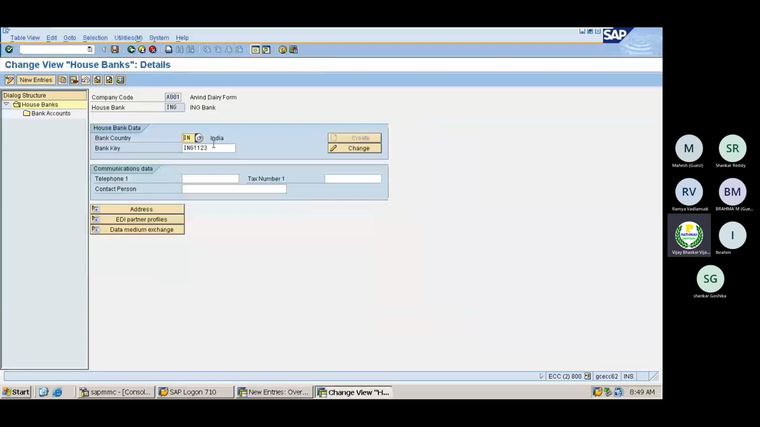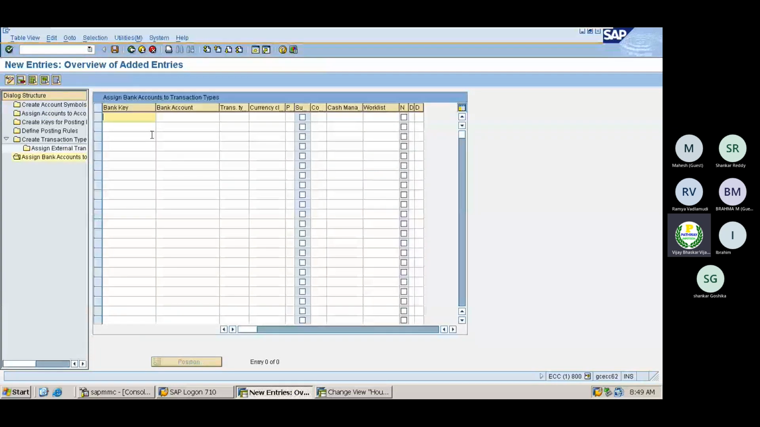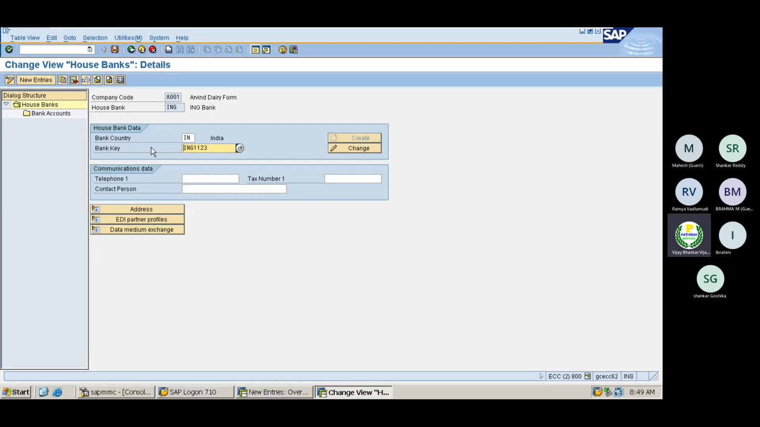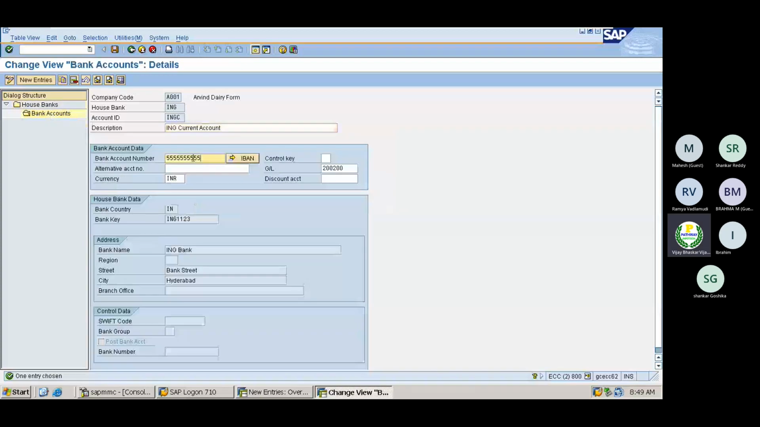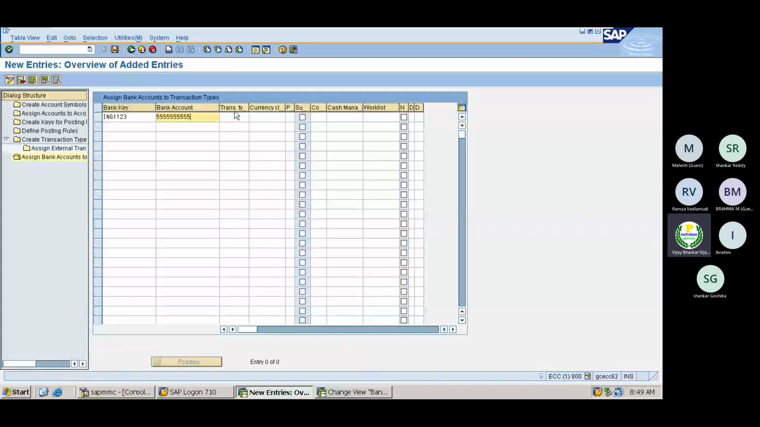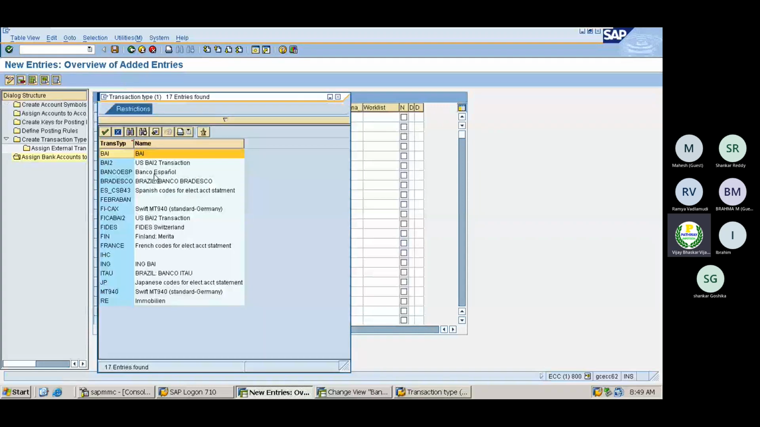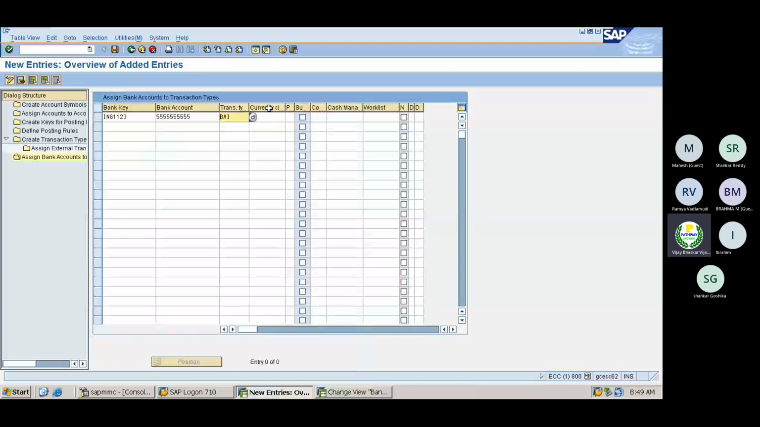then ING bank, right, we are using. Then select this bank key, enter the bank key here, and the bank account number which the bank has provided. Then the transaction type: the format which we are following is a BI format. Select this transaction, then the currency, it's optional. Then this is a planning type also, which is relevant for cash and liquidity management. Then this combination is for the company code. Select the company code A001,